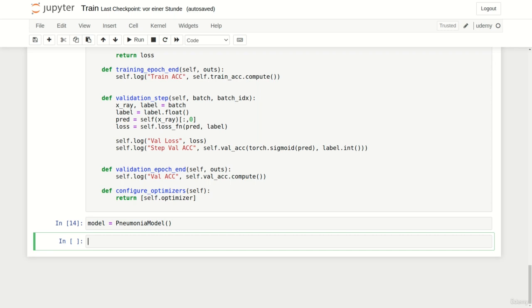Alright, there are two things left before we start the training. At first, we have to create a checkpoint callback to store checkpoints during training. Let's use a callback which only stores the 10 best models based on the validation accuracy. We can define a variable called checkpoint_callback,